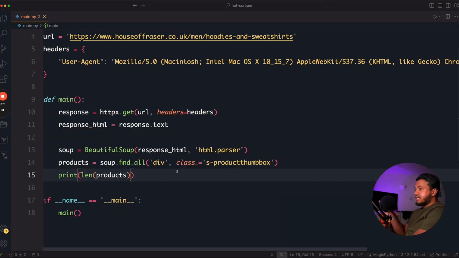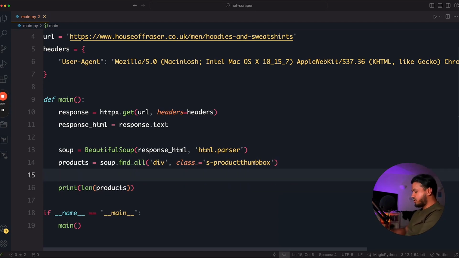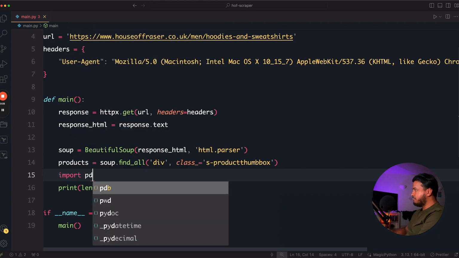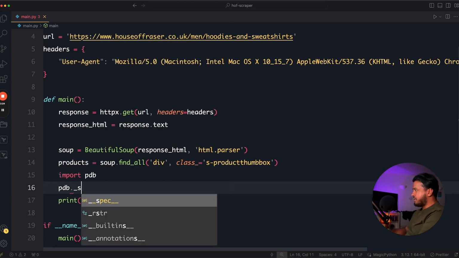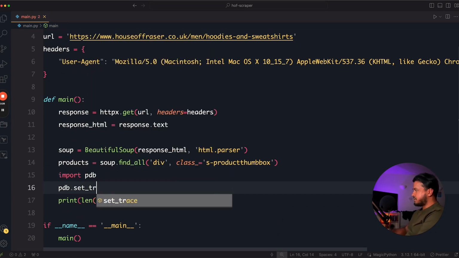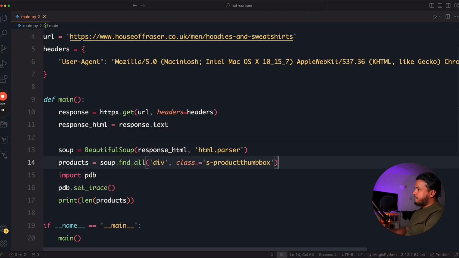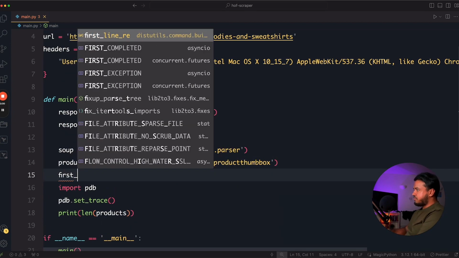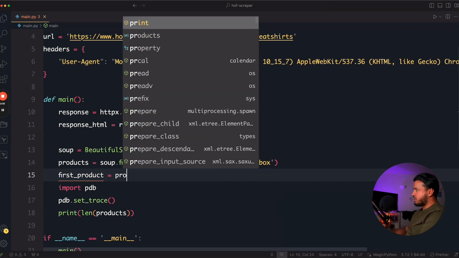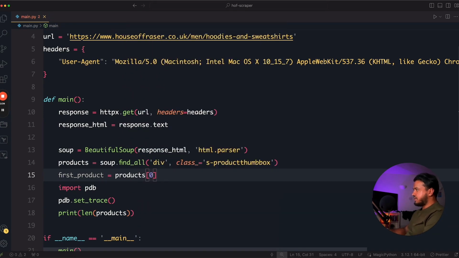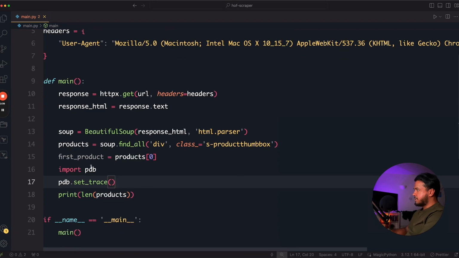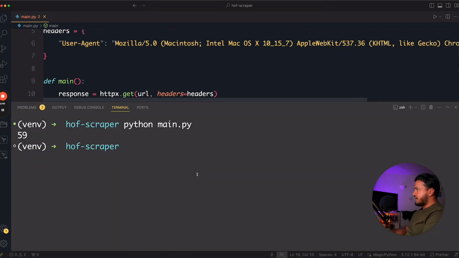Now, I want to give you a taste of this debugging flow that I'm talking about. So what I'm going to do is set a breakpoint just before this print statement, and I can do that by typing import pdb and then pdb.set_trace. Then, just to make this easy for myself, I'm going to create a variable called first product, and that's going to be set equal to the first product from this list here. And if I now run this,